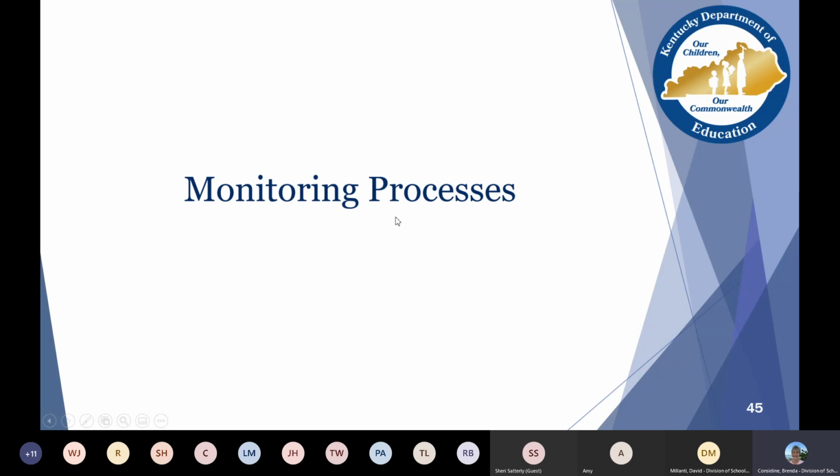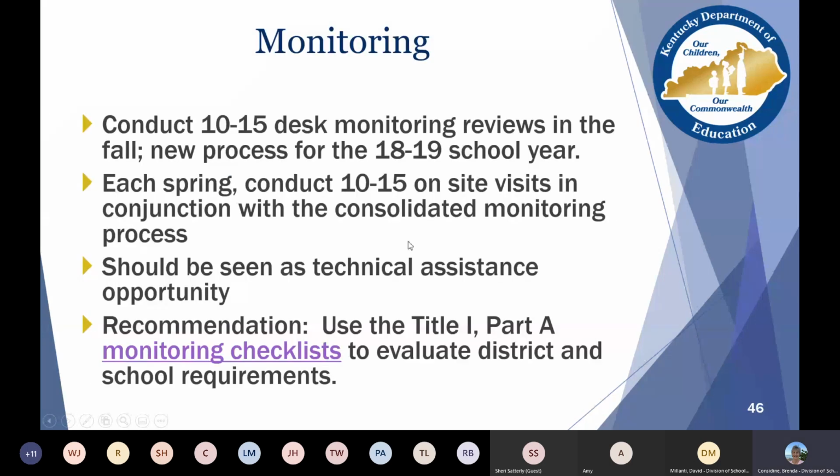We are getting kind of late, so I'm going to go through this fairly quickly and explain a little bit about the monitoring piece. There are 10 to 15 desk monitors conducted each year, and those occur in the fall.